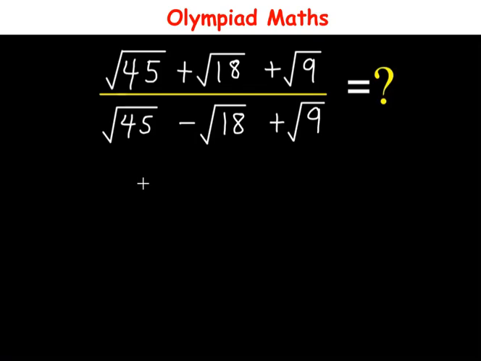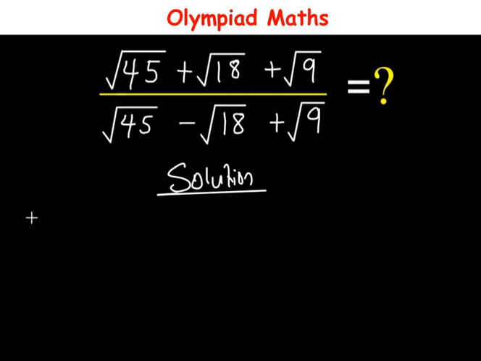Hello everyone, in this video let us solve this question. So we have root 45 plus root 18 plus root 9, all over root 45 minus root 18 plus root 9. What is the value of this question? Now to do this,